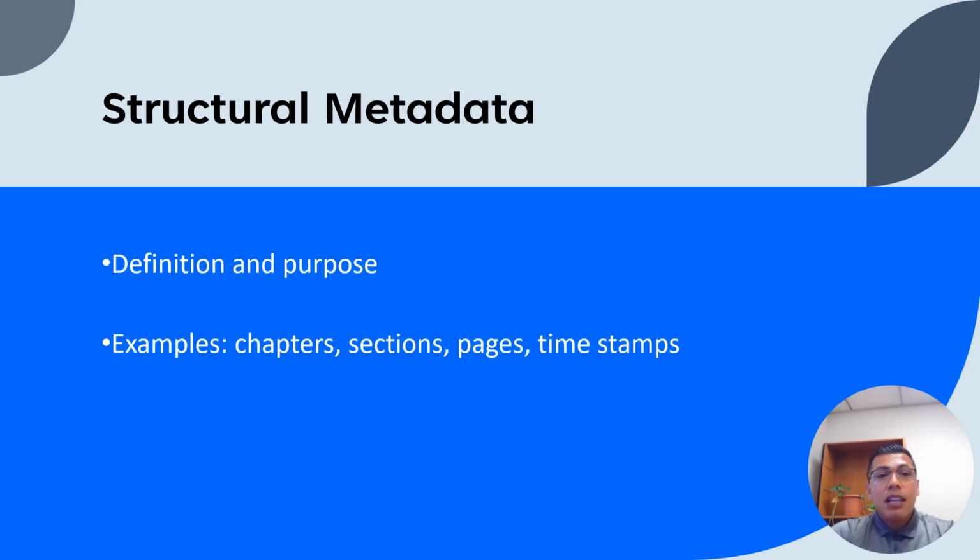Now, let's move on to structural metadata. Structural metadata provides information about the internal organization and structure of a resource. It facilitates navigation and understanding of the resource's layout. Some common examples of structural metadata elements include chapters, the divisions or subdivisions of a book that break it down into smaller units. Sections, the parts of a chapter, article, or other written work that deal with a specific topic